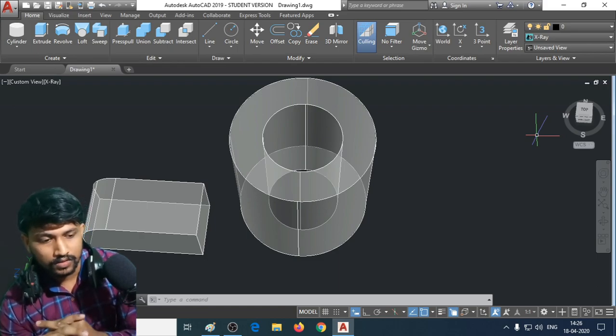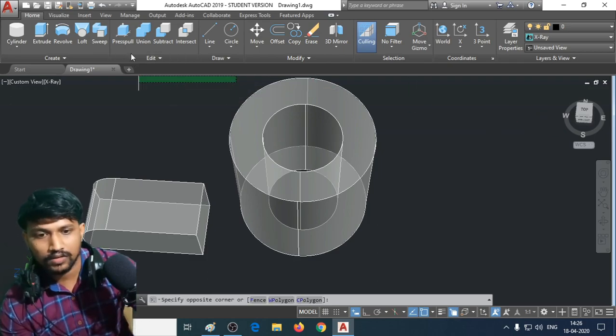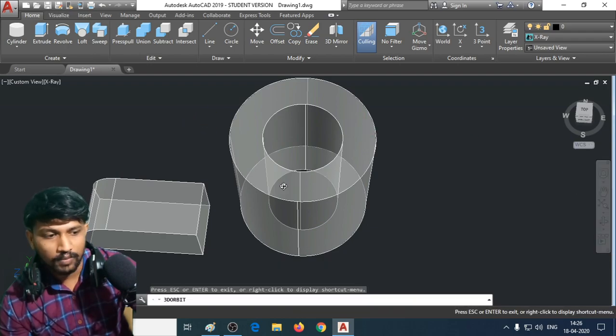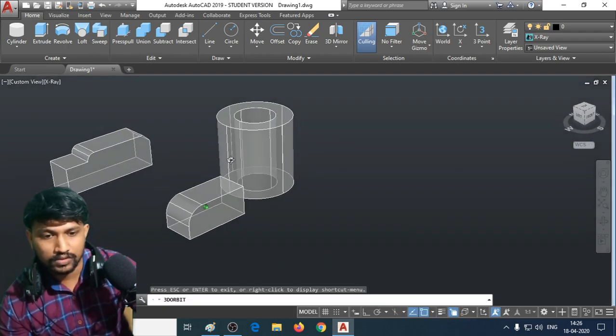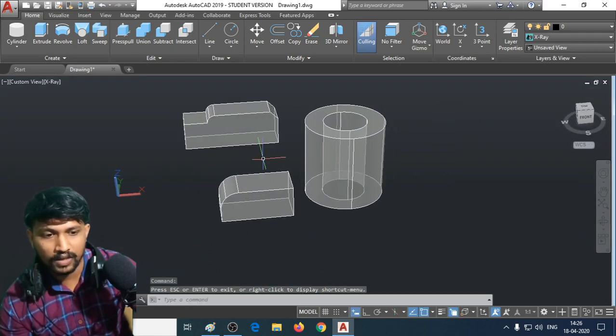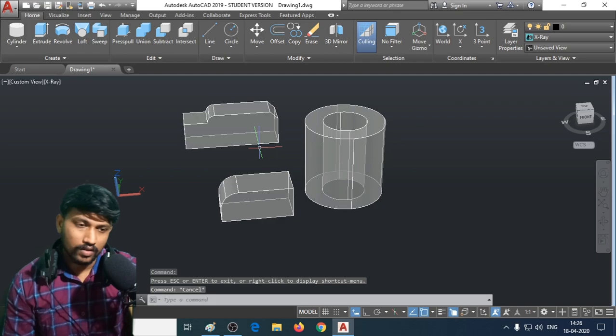Okay, so these are the commands that I want to talk about. In the later classes I will explain some of the applications of these tools, which actually need to be explained with their application. Then only you will get a full picture of what I am actually trying to say.